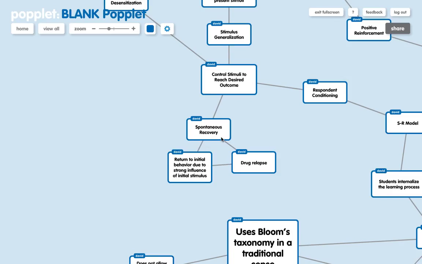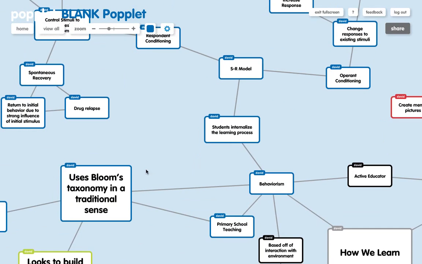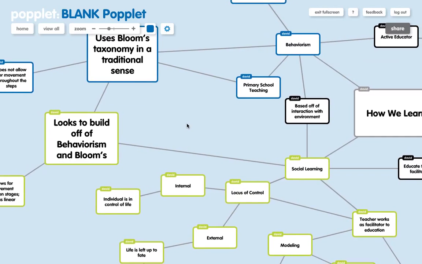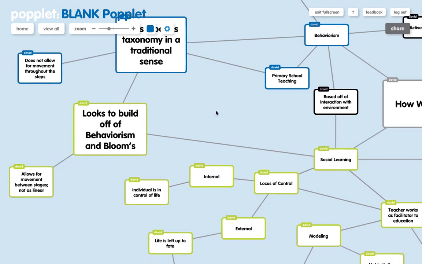That's more so an example that they showed with drug relapse, where you've made it all the way through rehab, and then you relapse back to whatever it might be, drugs, alcohol, and it's because the stimulus of drinking alcohol or doing drugs is too strong for the new environment to change that behavior. So, with the idea of behaviorism, which is very, very old school, ironic, pardon the pun, we'll move on